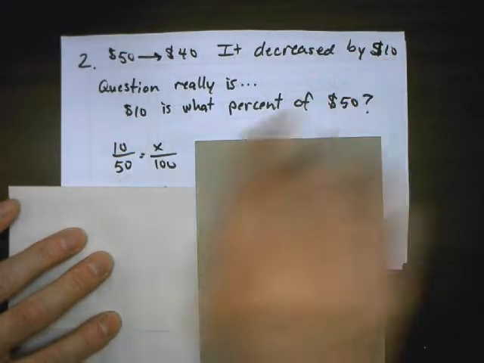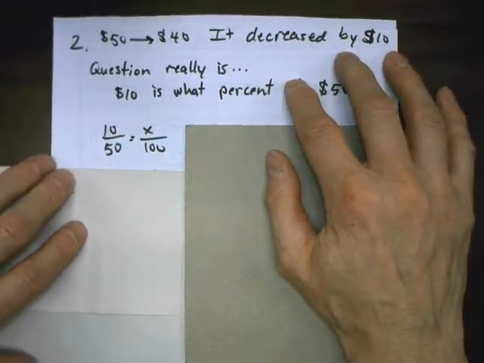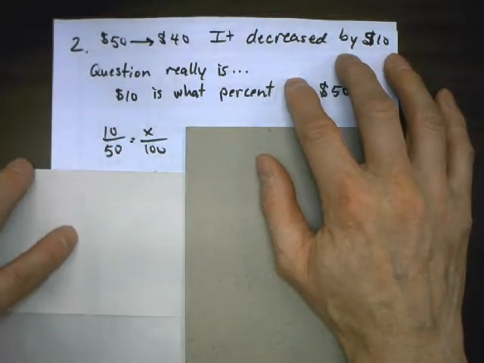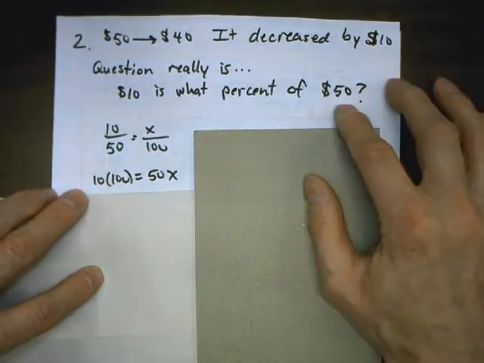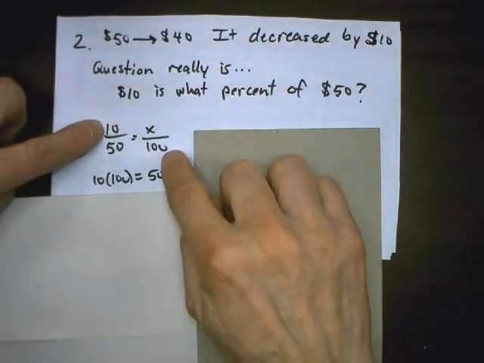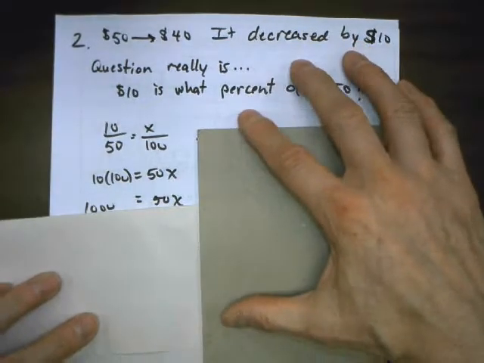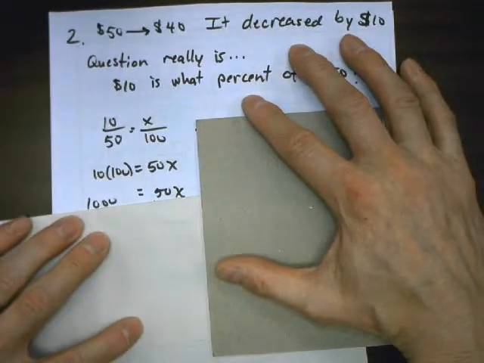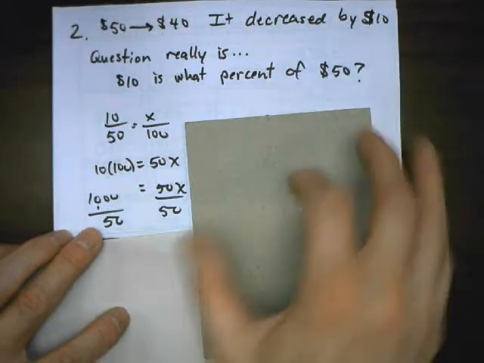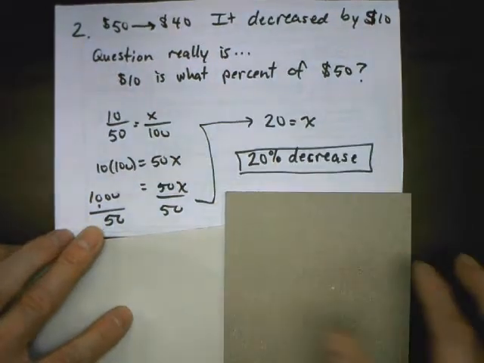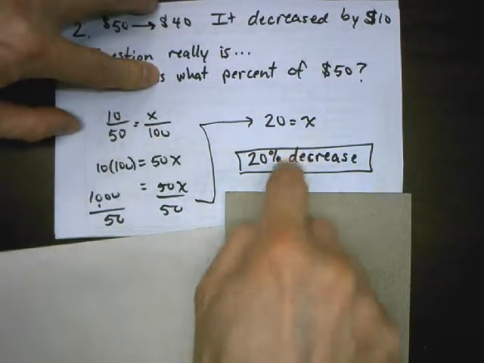10 is what percent of 50, so it goes is over of. That's how you know what number goes on top, right? It's not always a smaller number on top. Sometimes it's a bigger number on top. So then I cross multiply with proportions. 100 times 10 is that. 50 times x is 50x. Simplify that. 10 times 100 is 1,000. Divide both sides by the coefficient. Divide by 50. And 1,000 divided by 50 is 20. And since what was missing was the percent part of the percent proportion, it's 20%